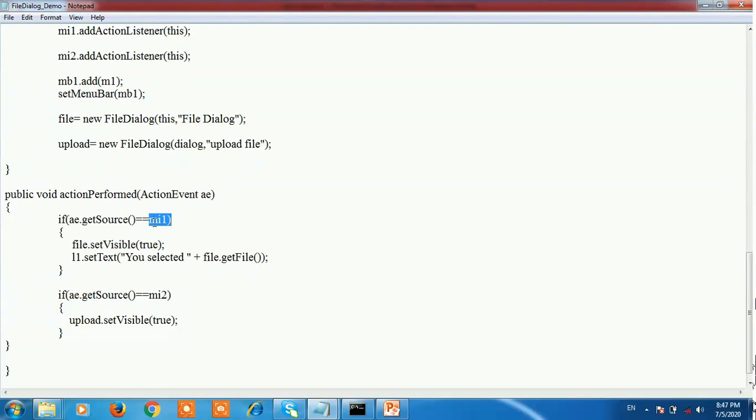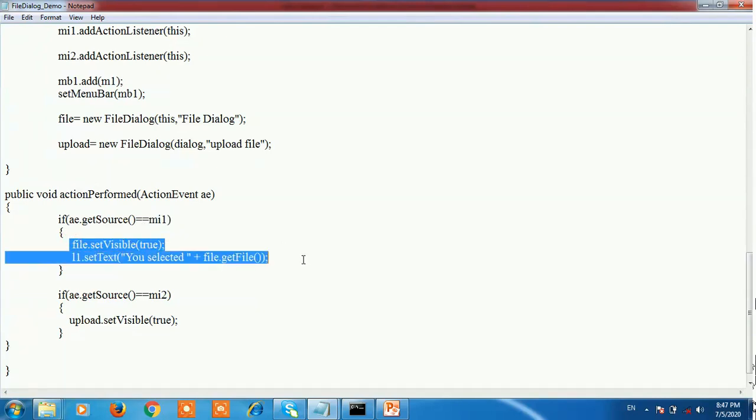When we click on menu item 1, that is Open File, then the condition is checked, and it is equal to Open File, then the if statement is executed. In that, file.setVisible(true) and L1.setText("Selected" + file.getFile()).